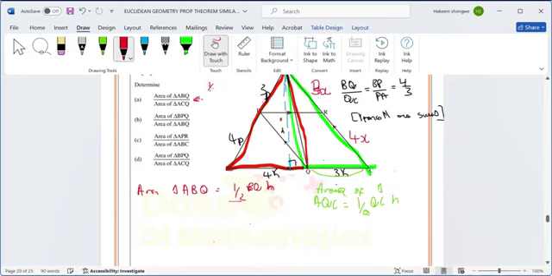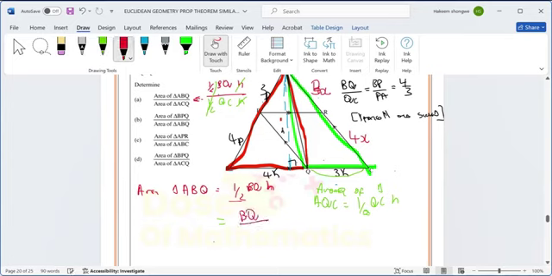We have half BQ H, all over the green one, which is half QC H. Then you will see that the H and H, and the halves, are going to divide each other out. So what are you remaining with? BQ